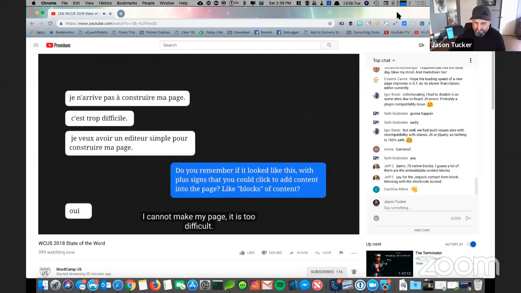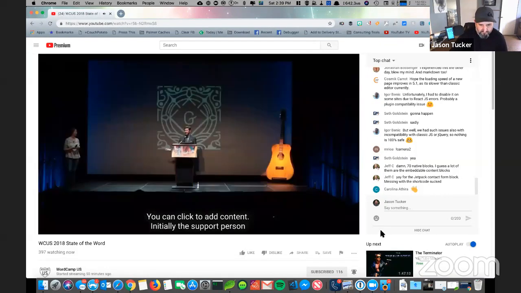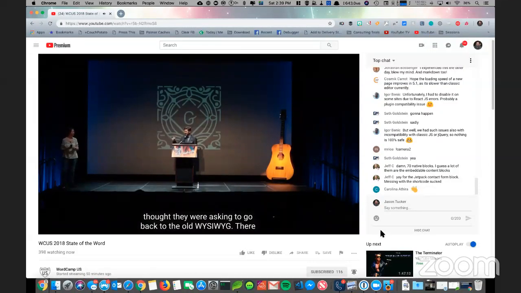I want a simple editor to be able to build my page. And then the support response was, do you remember what it looked like? Was it this, with the plus signs that you could click to add content? So initially the support person thought that they were asking to go back to the old WYSIWYG, because there's been so much in the community saying how the old one was simpler. And did it have the plus signs, like blocks of content? And the response was,